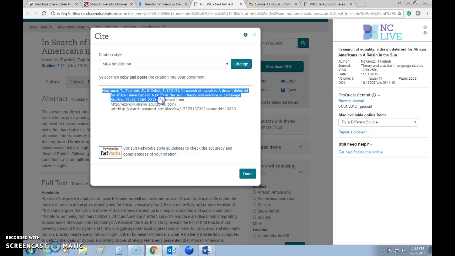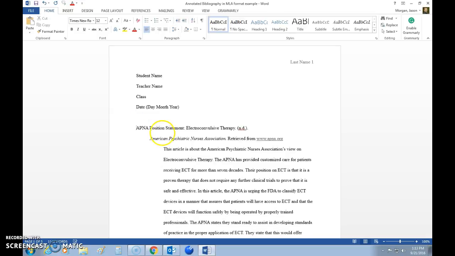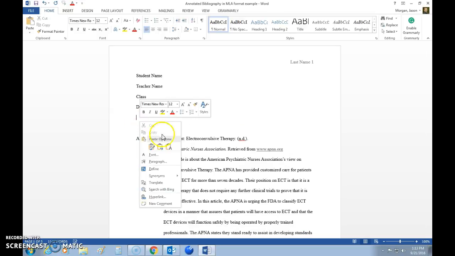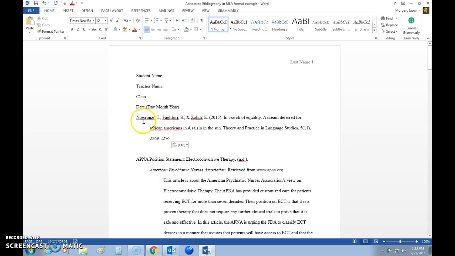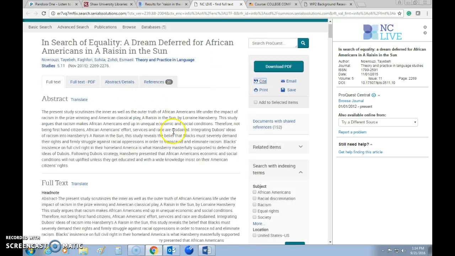You've copied that. And then on your paper, if you want to enter a new source, you would just paste that in. Look at that. How cool is that, huh? Yeah, it saves you a lot of grief. So that's where you can find some sources, and it'll help you put together your